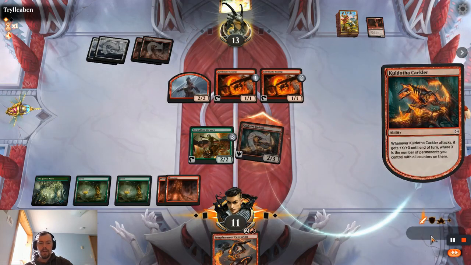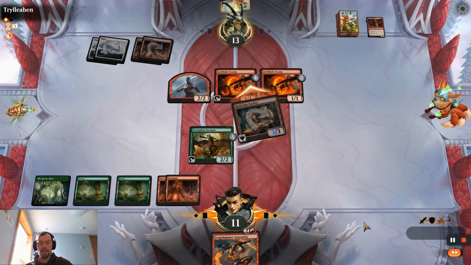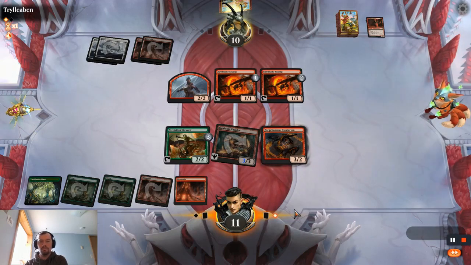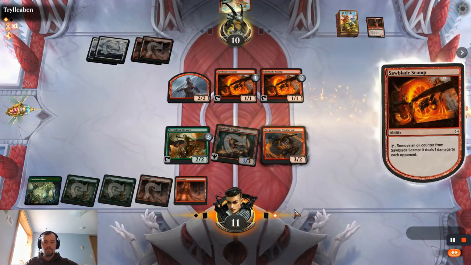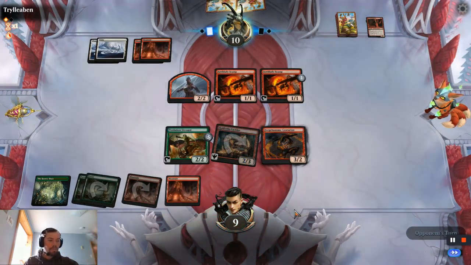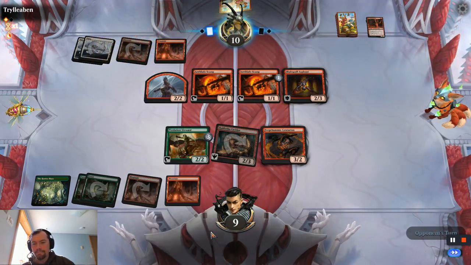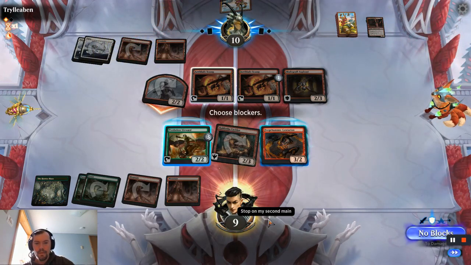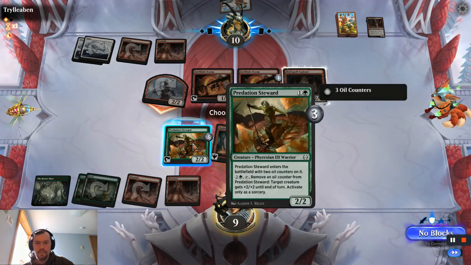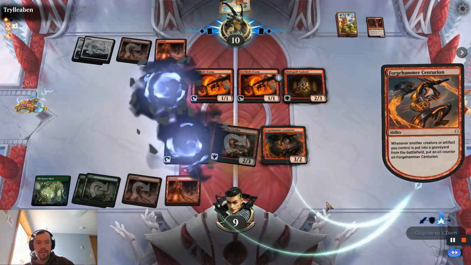If they take 3, great. If they double block, also great. They'll probably take 3. I need them to start hitting lands, and I need to start hitting not lands. Be able to afford using the...